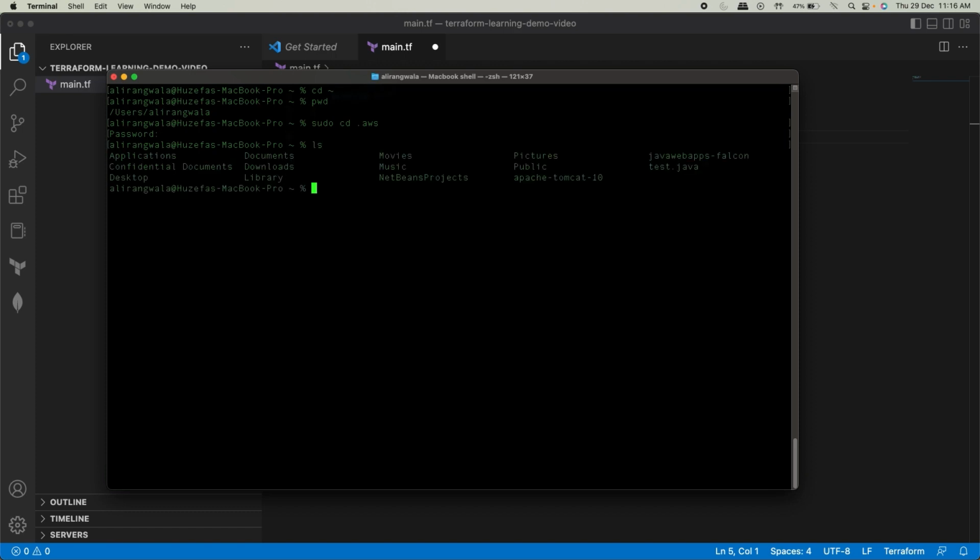Okay, ls will not work. I'll have to do sudo ls .aws. Okay, so these are the two files. These are hidden files, config and credentials. Now, if you want to see what is in that, you say